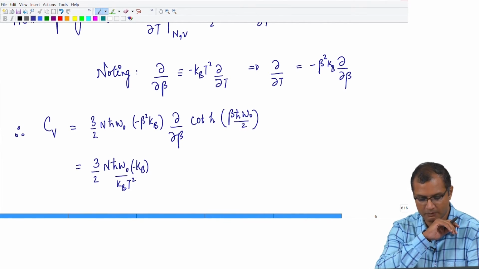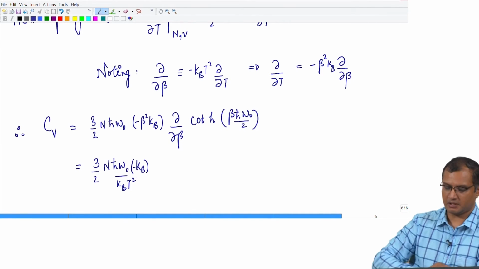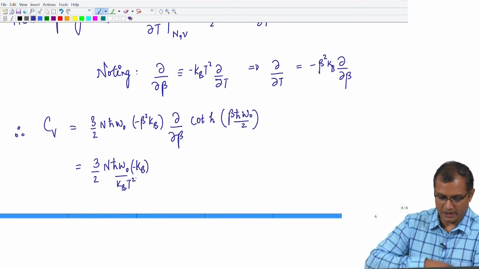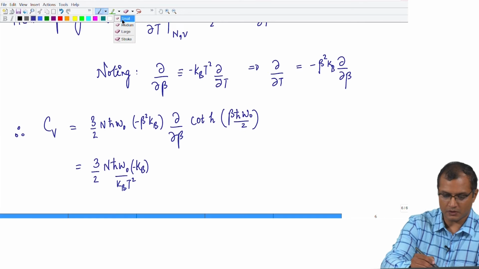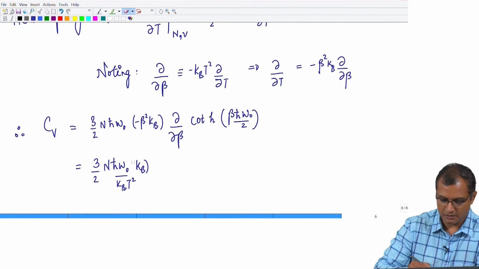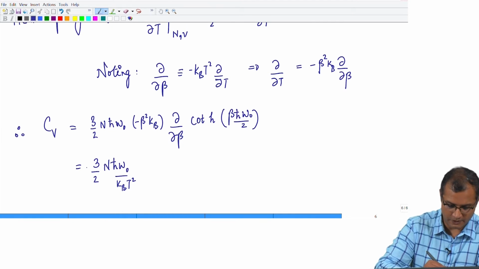So beta is 1 upon kT, and beta square is k square T square in the denominator. So I am going to write it with a minus sign here,